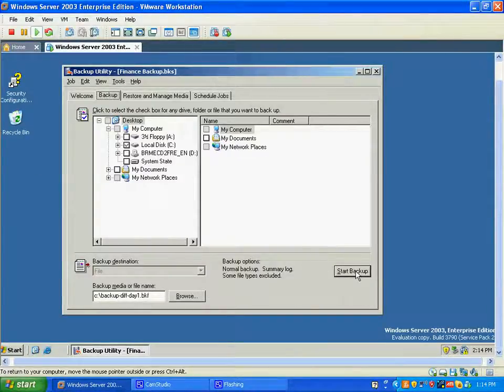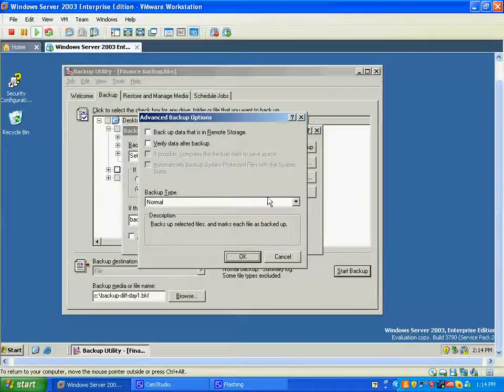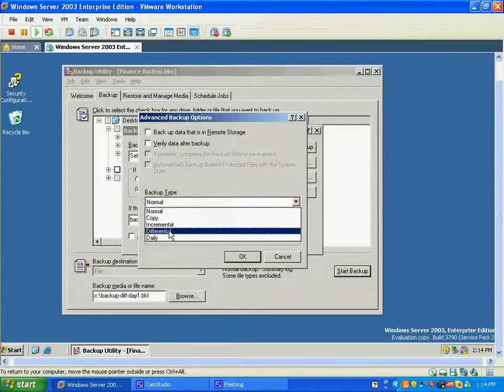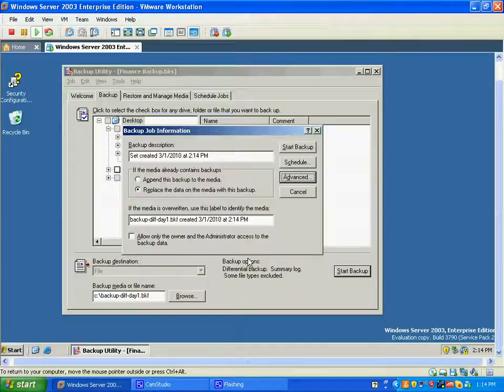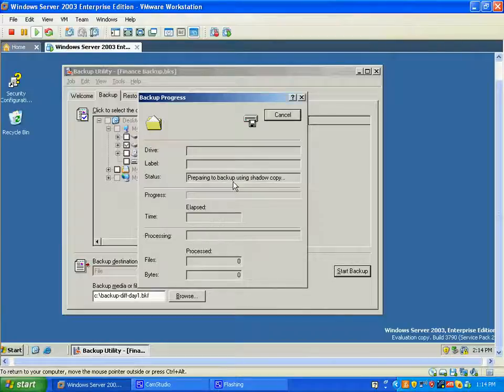Open, and we will click Start Backup, and let's go ahead and replace the data on the media with this backup. Advanced, we want to select a differential backup. Click OK, and let's click Start Backup. It says warning, all data will be replaced. We know that. Let's hit yes,